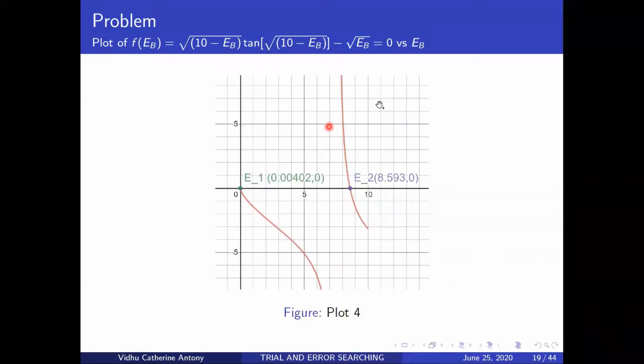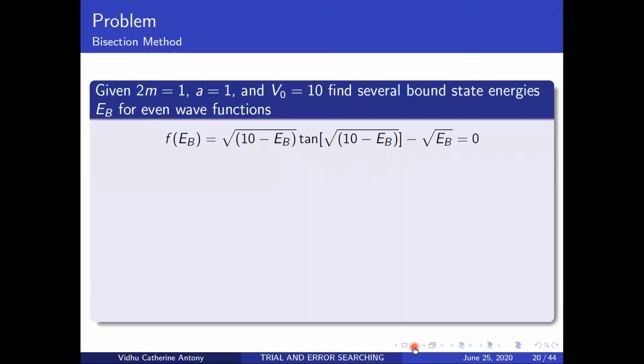Okay. So now these are the values that I found. I think this has been approximated to about 5 decimal places. Okay, and this is what you have for your next point, your energy level E2. Okay, so what do we have? We have a root between 0 and 1. We have a root between 8 and 9. So what do you do? You bisect that interval. I will be doing it for 0 and 1. You can try it out for 8 and 9.